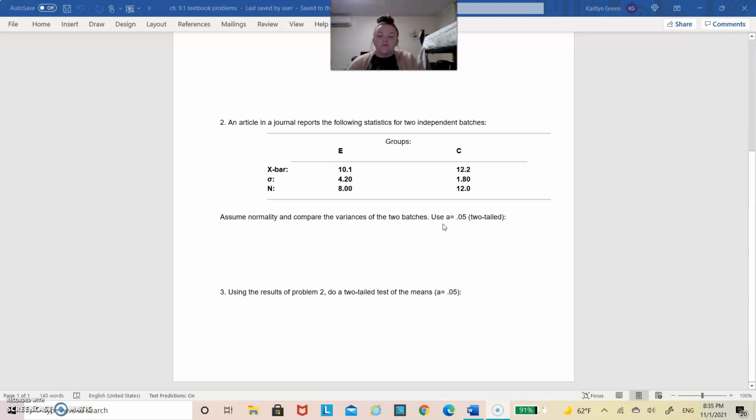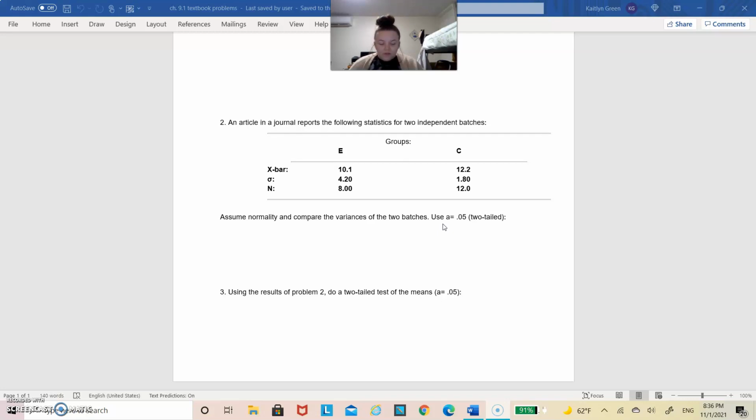Now moving on to the last question, number 3. It says, using the results from problem 2, do a two-tailed test of the means, with alpha of 0.05. And so what we'll do is set up our 7-step hypothesis question first, and so we'll have a null hypothesis of mu E is going to be equal to mu C, which means that our alternative, or our H1 hypothesis, is going to be mu E is not equal to mu C. We know that our alpha value is 0.05,